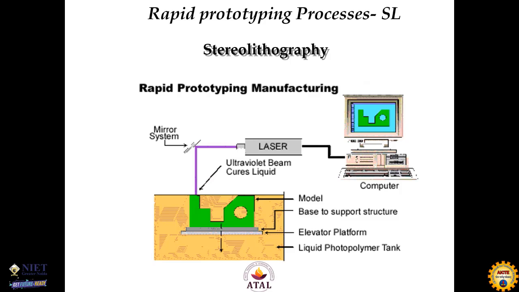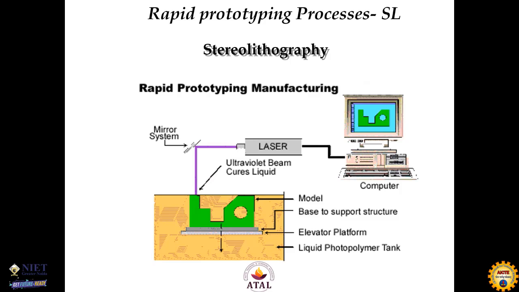In this stereolithography process, we have a laser and an optical or mirror system to focus the laser on a particular point. That ultraviolet laser beam is used to cure the photopolymers. This is also called the vat process. What is the vat actually? It is nothing but a container where this polymer is